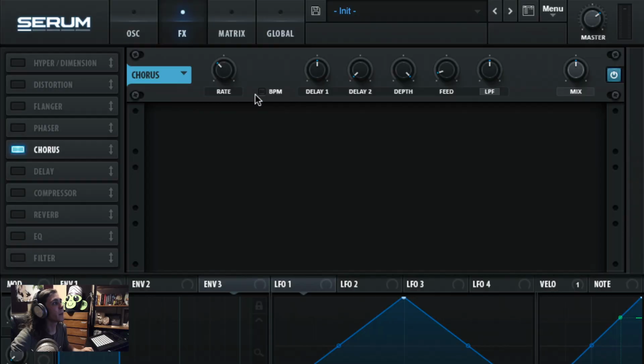You have a chorus, and the rate can turn down to 0. Cool. It can also be synchronized, and how the chorus works is it's creating multiple voices, detuning them, kind of like unison, but a little different. You've got a low pass built in here. You have the depth of the pitch detuning, the rate,